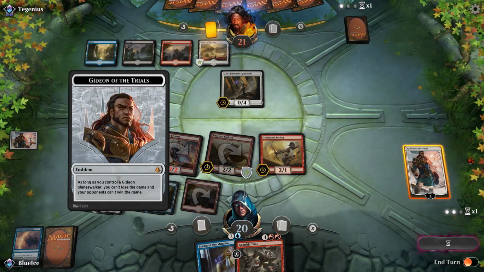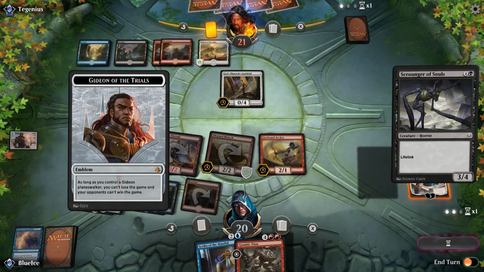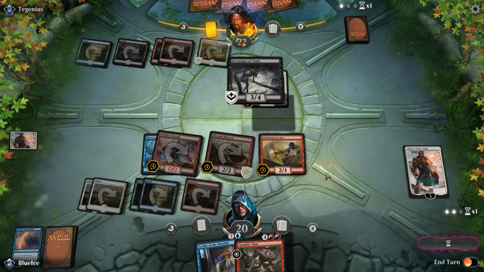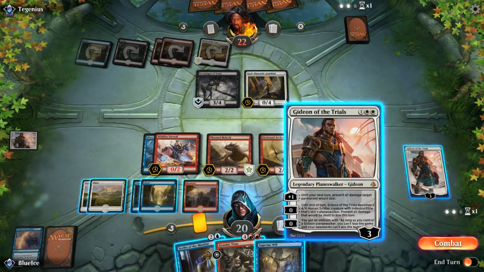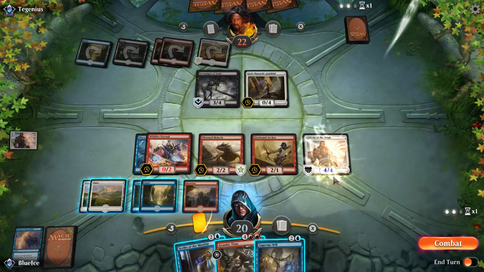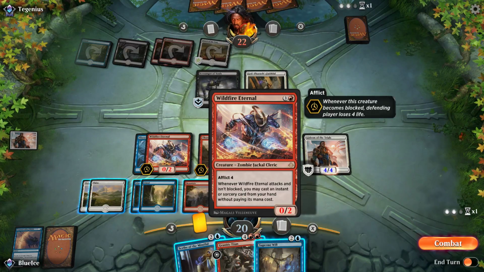So the emblem, if you don't know, it makes it to where as long as we control Gideon, we can't lose the game and our opponent can't win the game. It doesn't matter a whole lot. Okay, fine. I'm hoping for something like that we can cast this. So now what we want to do is we're going to 0 Gideon, make him a creature. And we're going to... So if we swing with this...